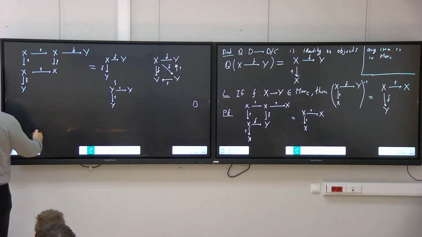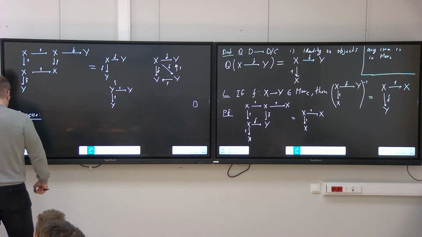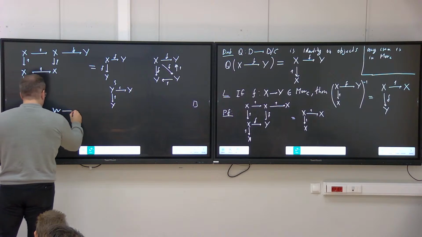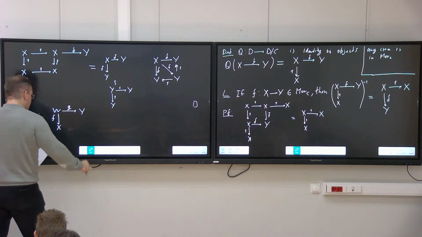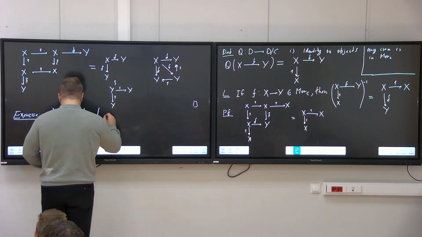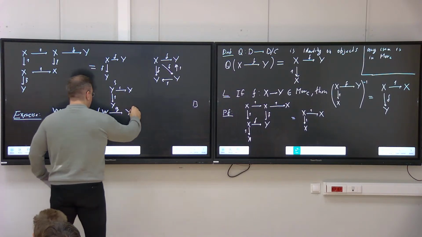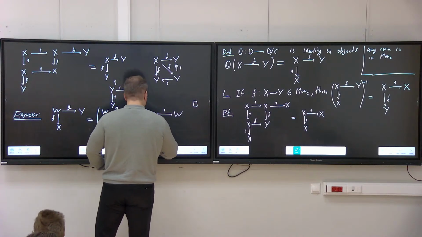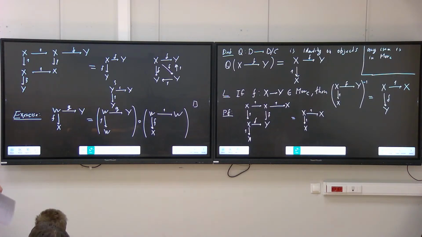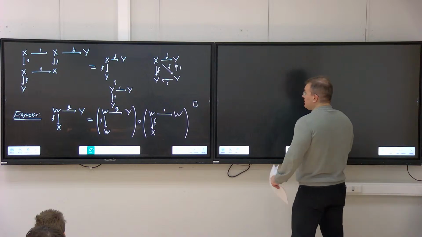And there is a similar computation, done by the same method for composing proofs. So let me give this as another exercise. If you have any roof, say with vertex W, map G, and map F, then you can always decompose this into a composition of two maps. W, G, Y as before, but now this is the map which is identity on the W, and the other proof is that W identity map to the W and F which is mapped to the X. So there's always such a decomposition, and the proof is more or less the same. You just take these two diagrams to calculate the composition. I don't want to do this again, but